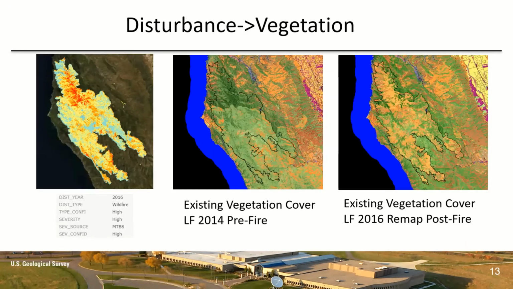All right, so how does that affect our mapping of vegetation? Well, you can see here the Soberanes fire from 2016, south of Santa Cruz, about 132,000 acres. You can see the high, medium, and low severity within that. Then you go over to our existing vegetation cover. So this is percent